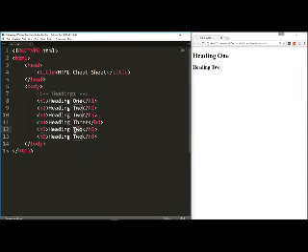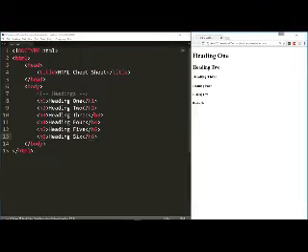I want you guys to have this to look back on if you need it. Whoops, 2, 3, 4, 5, and 6. All right, so let's go ahead and save and reload the browser, and you'll see the different